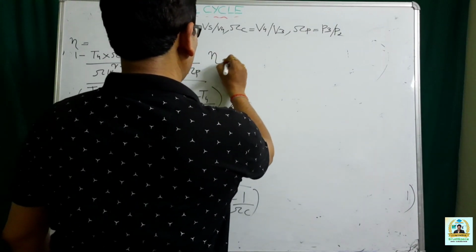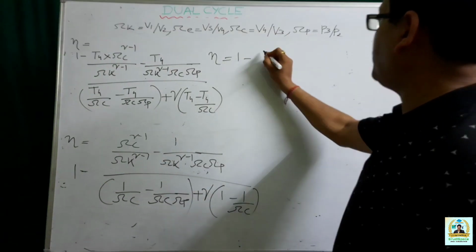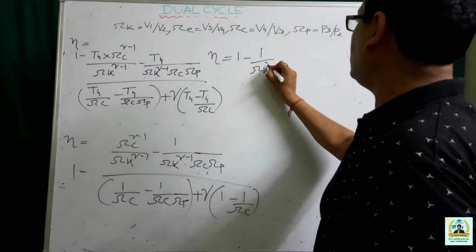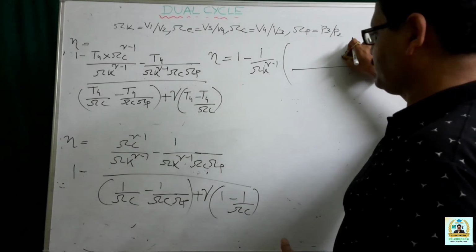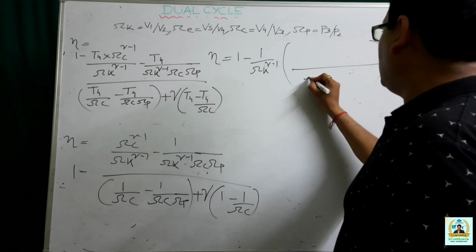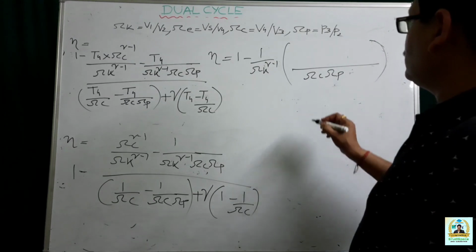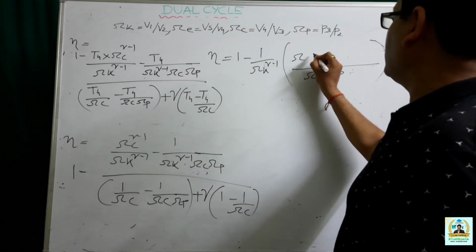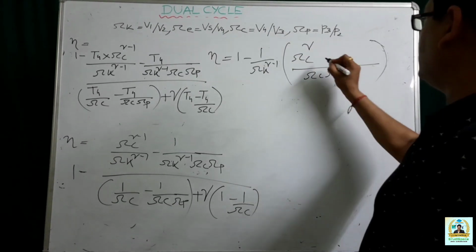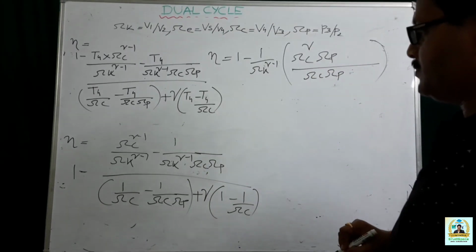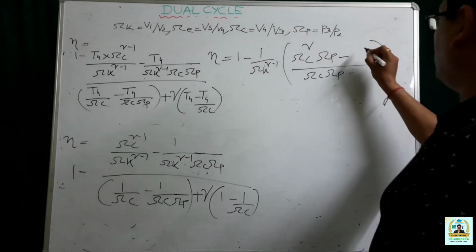So now eta is equal to 1 minus, we can take 1 by RK to the power gamma minus 1 as common. Then you can take RC into RP as LCM. So this becomes RC to the power gamma into RP minus 1